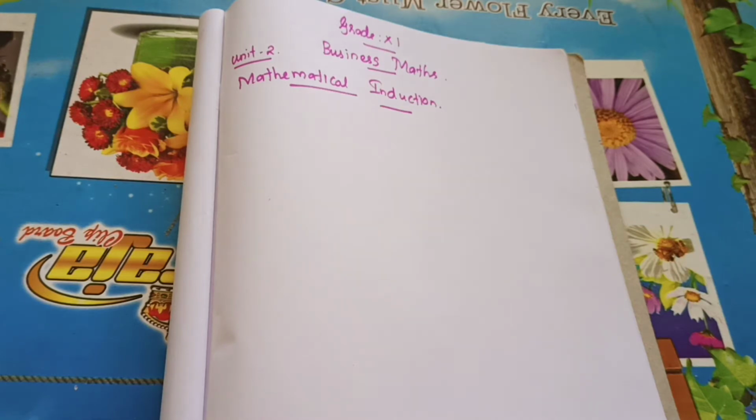Next, if it is true, we go for the inductive step. If the statement is true for n equal to k, in the place of n, first you substitute 1, next you substitute k. If that is also true, next you assume for k plus 1 and prove it. Then you say that P of n is true for all natural numbers n. I think now you have a simple idea.